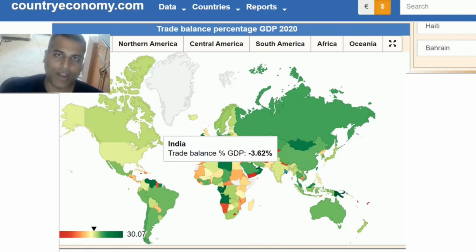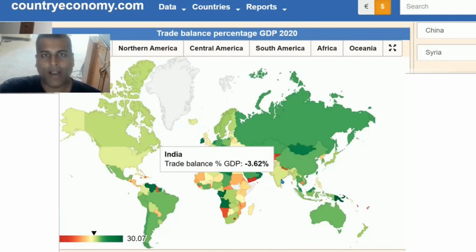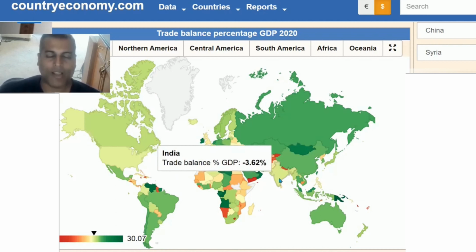Now, China and India both import a lot of oil, and the U.S. fracking revolution, which lowered the price of oil, has done a lot to reduce the imports of both countries, and both should have moved towards a more positive balance of trade. But China was able to do that more effectively, and India could not. India could only get a tailwind of 1 or 2 years from this one-time boom of lower oil prices, and then quickly reverted back to lower GDP growth because it cannot produce enough products that the rest of the world wants to buy to an extent that it can reduce India's imports of oil.